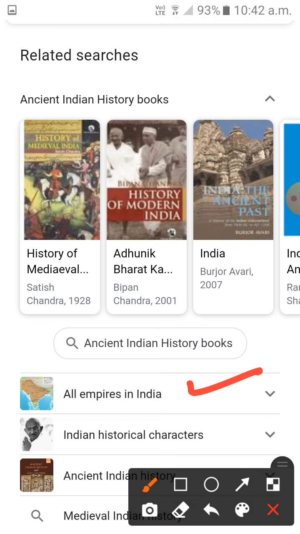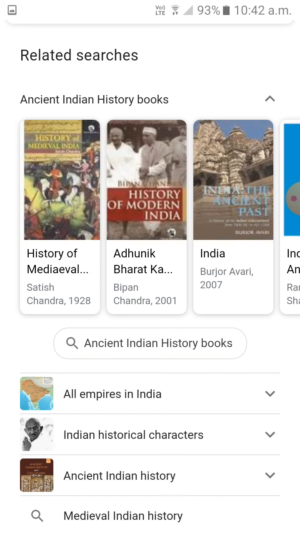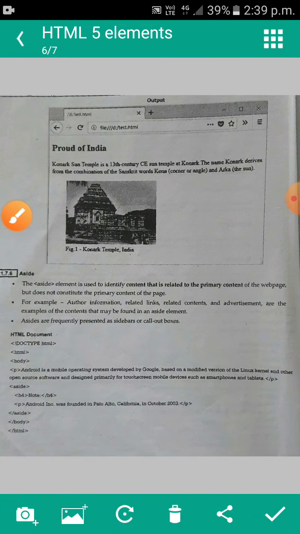All empires in India, Indian historical year, history of medieval, like that. So to display the related searches, the related information about the primary information, we use the aside tag.